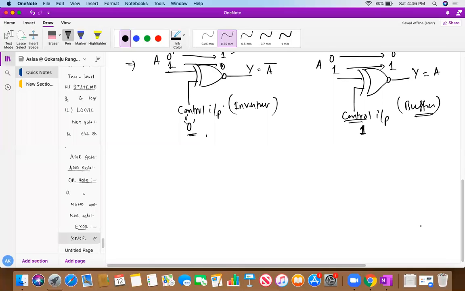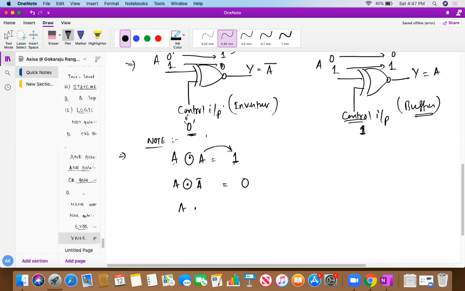So next part, we'll move to the next part. Similarly, what do you understand from this? I'm going to give you another note over here. Very simple. A XNOR A, what is that? If both the inputs are equal, then I'll be getting logic 1. Now, if both the inputs are not equal, meaning 0 and 1 or 1 and 0, what am I getting over here? Logic 0. Very simple.